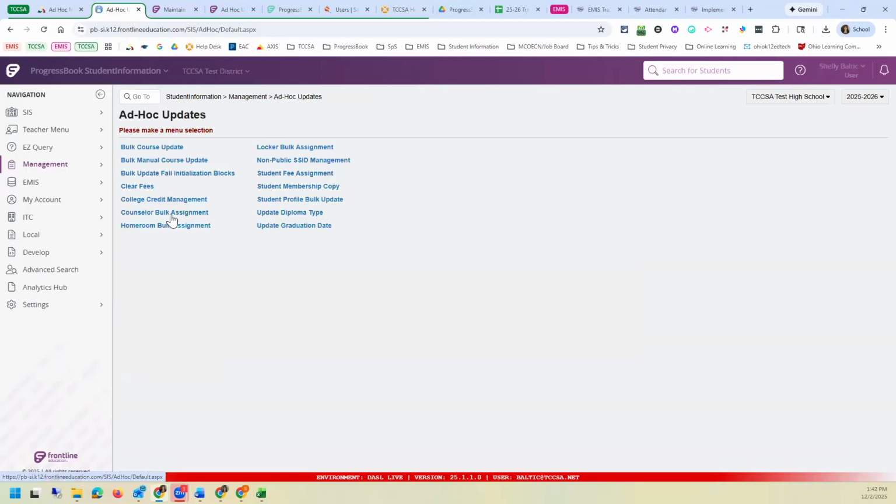This is very popular at my elementary levels. So let me switch to my elementary school. Is bulk assigning homerooms. Sometimes at the high school level or middle school level, we don't always have homerooms because sometimes their homeroom is their first period class. So they're not assigned an official homeroom teacher. But if I'm at my elementary level,